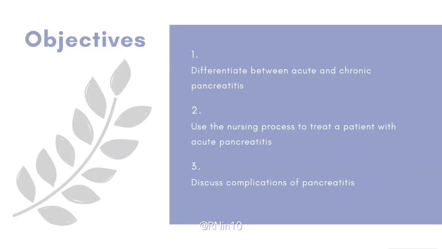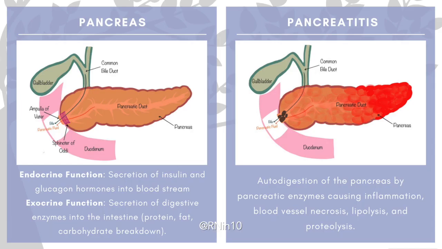We're going to differentiate between acute and chronic pancreatitis, use the nursing process to treat a patient with acute pancreatitis, and discuss complications. The pancreas is a gland that is right behind our stomach. The head of the pancreas is connected to the duodenum, which is the first section of the intestine after the